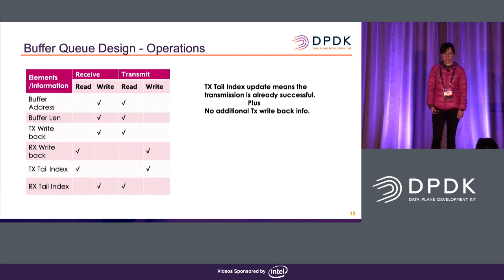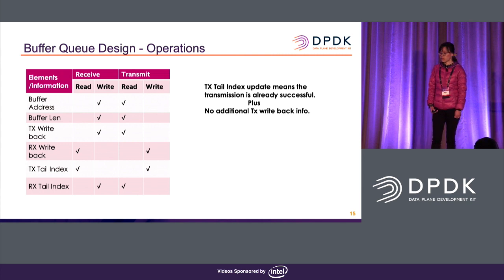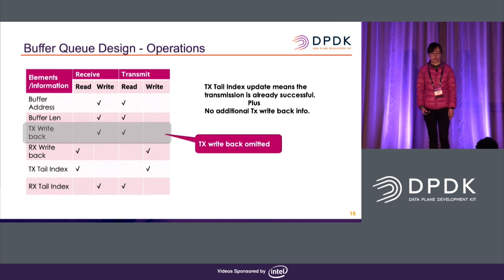So the next thing is the Intel CPU. We can see that x86 has a better ordering for memory access. So if the memory copy is done by the CPU, we can update the TX tail after the memory copy. If the TX tail index is updated, that means the packet is already sent. And in our case, there is no additional TX write back information in our NTB enqueue functions. So I think this TX write back information can be